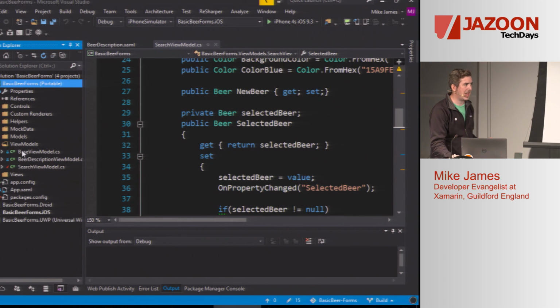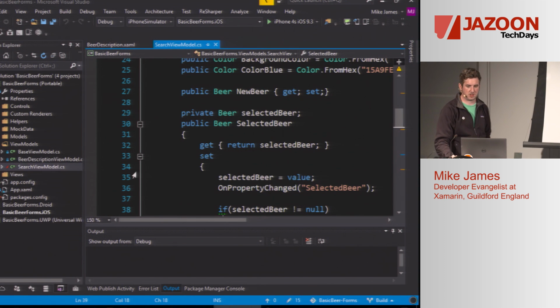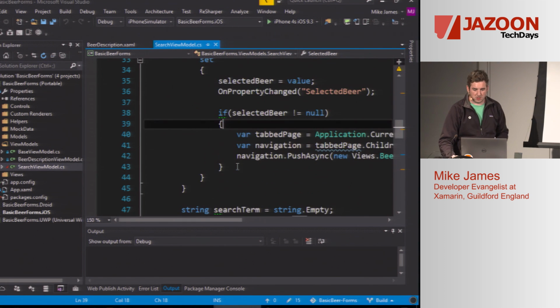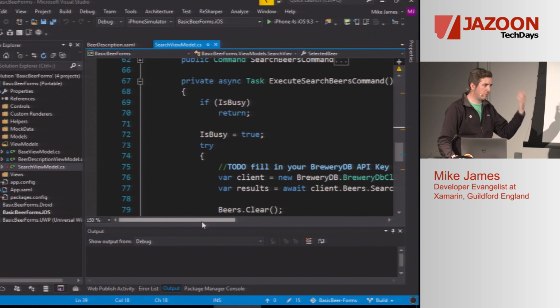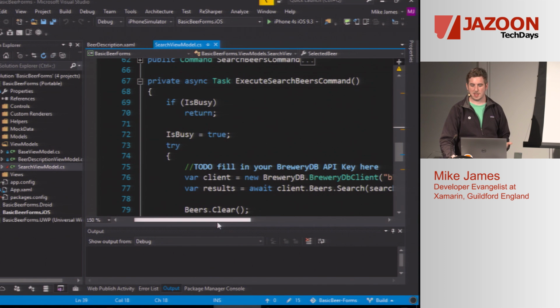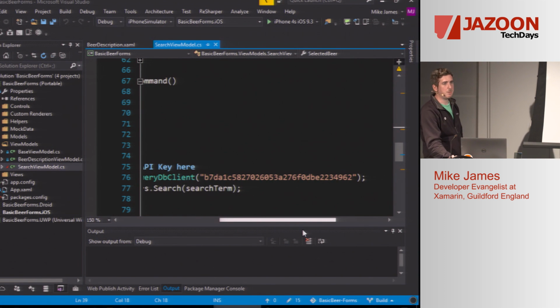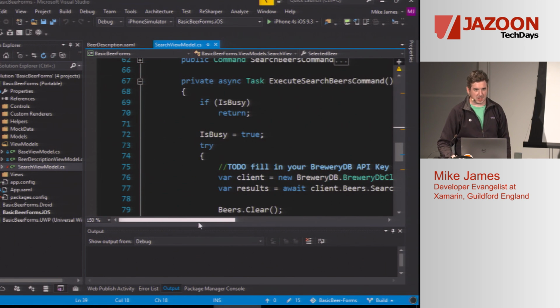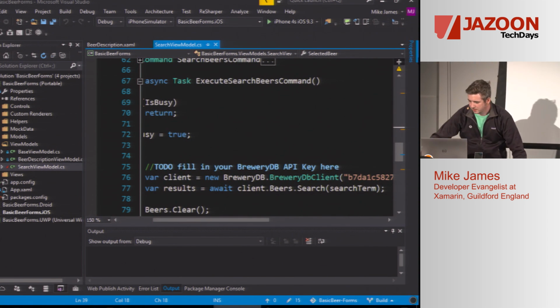Now, because I'm using MVVM, I have view models. So if we come into the search view model, and I should say this app goes off to a REST API, and I can search for beer, and it shows me the beer in a list, and I can tap on it and get some more information. Now, this is all on GitHub, so if you want to play with it, go ahead, and Xamarin's now free and included with Visual Studio, so you can literally just download this and start running it. I've even been so kind as to commit my API keys, so you don't even have to sign up to any services. Now, that's pretty consistent of me. I tend to leak API keys pretty much most weeks, and I never get around to invalidating them.